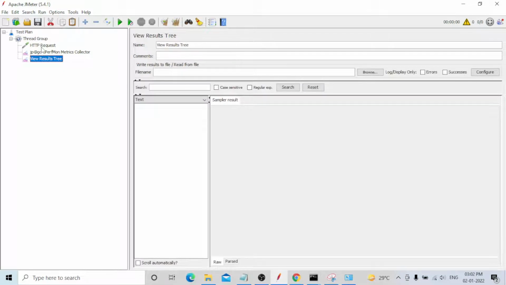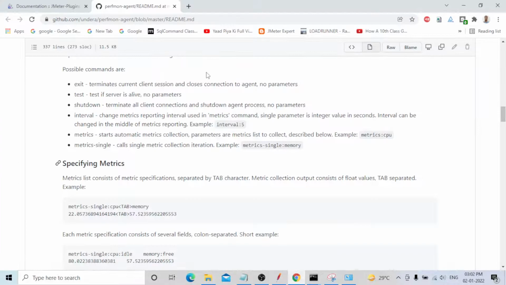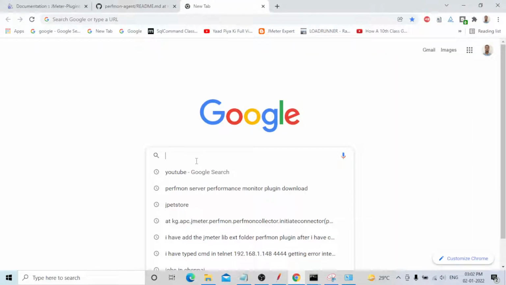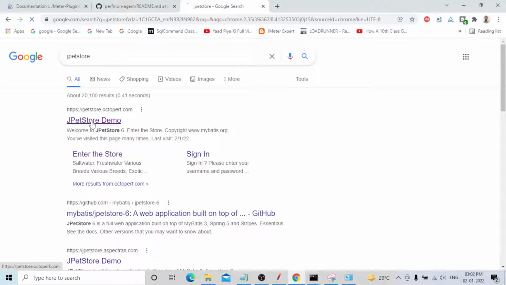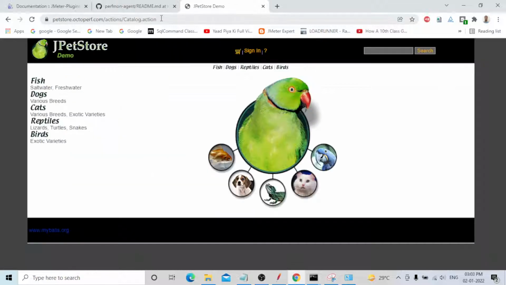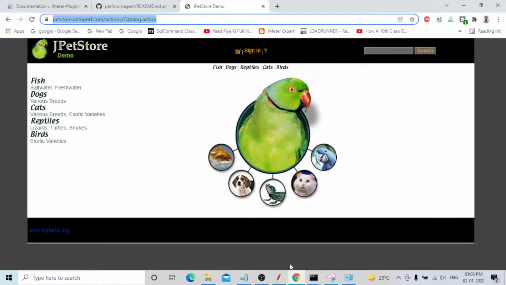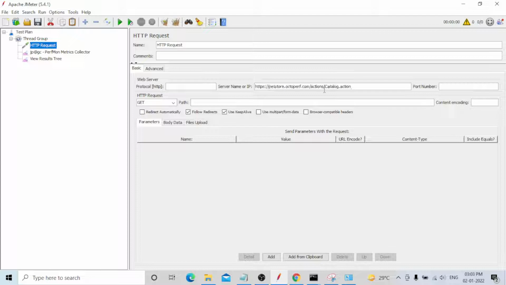Okay, it's done, guys. Now I need to go to any sample application. You need to copy this URL, go to the HTTP request and paste it. This is the path.